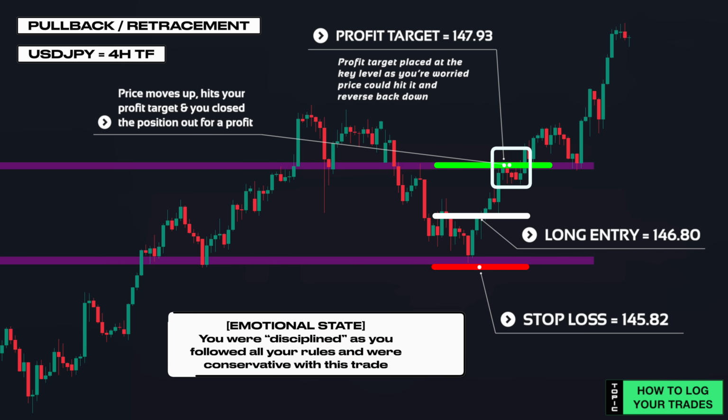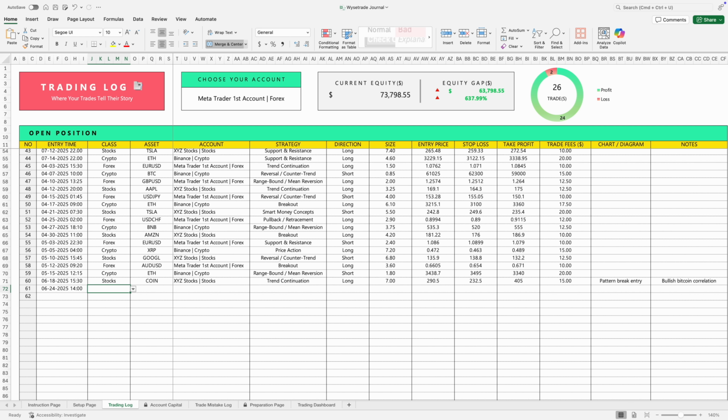Your emotional state during this trade was disciplined, as you followed all your rules and were conservative with this trade. Let's now jump back to the journal and log this winning trade. Fill out everything again based on the trade you took. Select Forex, dollar-yen, Forex account,